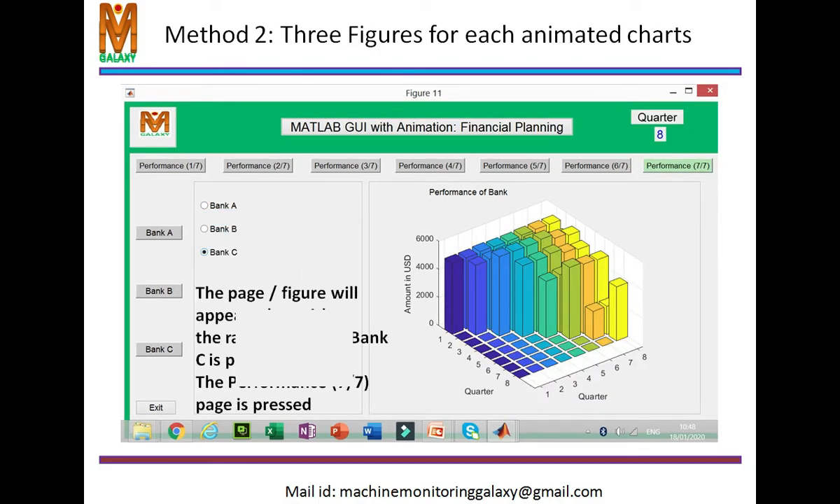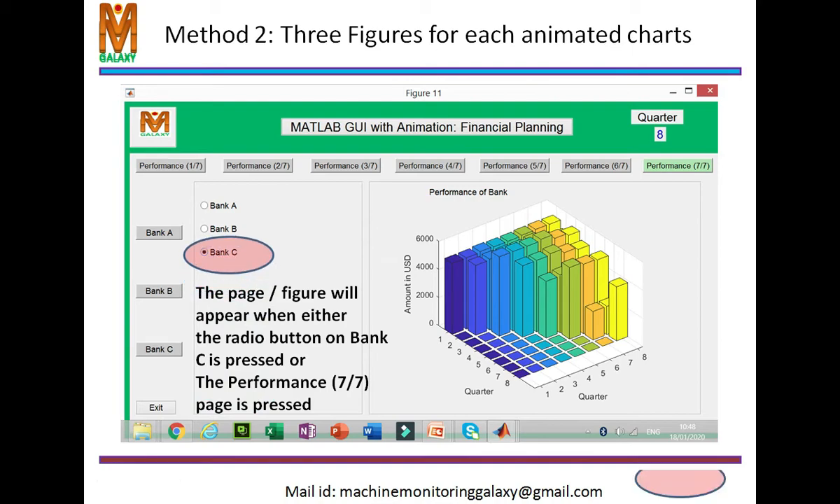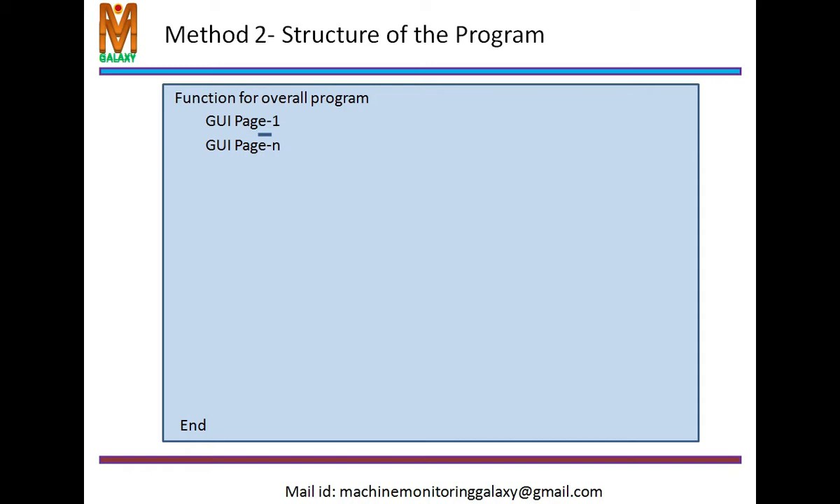B. For the next bank C, when you press it, you will get the bank C related cases, or you can also press the page of performance 7/7. So this is the structure of the program